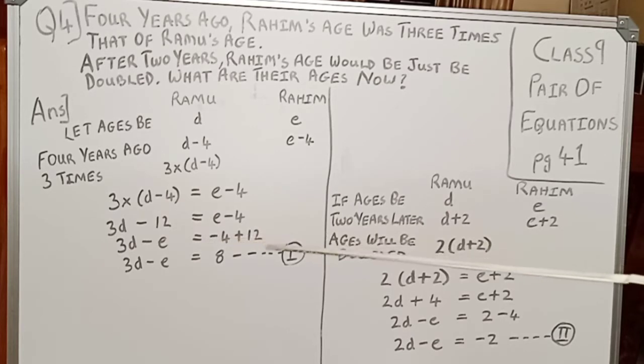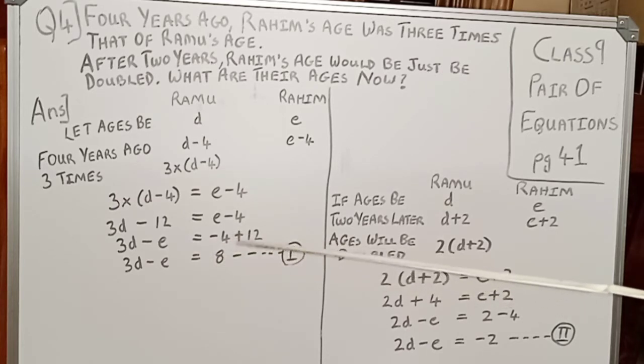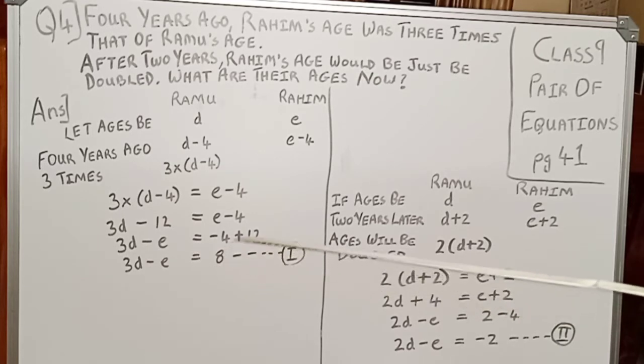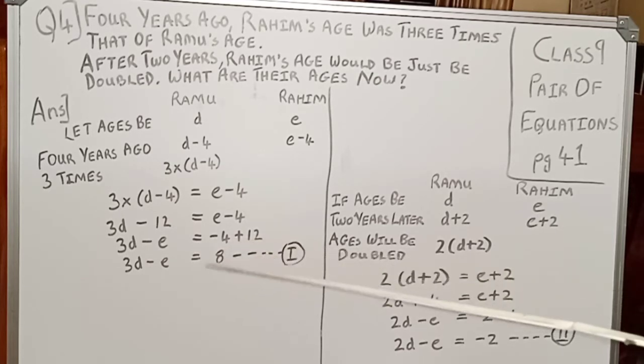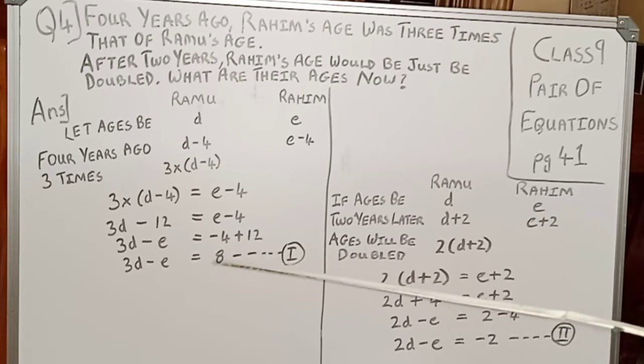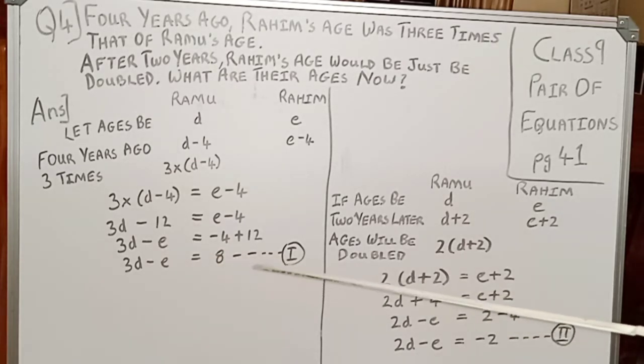So if you minus this, minus and plus would be minus itself. And the sign of the bigger integer would be plus. So here you have minus 12 minus 4, which would be 8. The sign of the bigger number would be plus, that is why we have got it; you can put the plus sign, or if we need not put the plus sign, then it is understood that this is the plus sign. So this is how we got the first equation, 3D minus E is equal to 8.